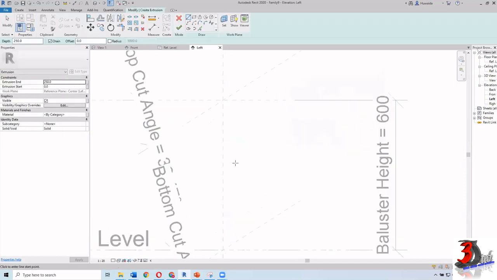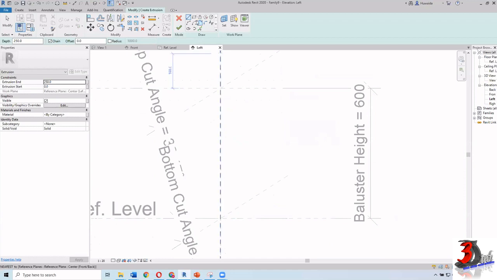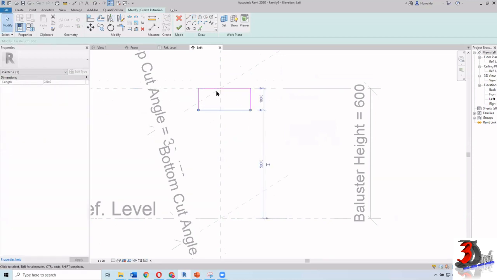And then you can continue creating your extrusion. I'm going to just pick this rectangle here. Alright, and then I'm going to change the dimension, something maybe around 80. Okay, this one is 80, 80, 160. Okay, this one, the thickness would be 50.